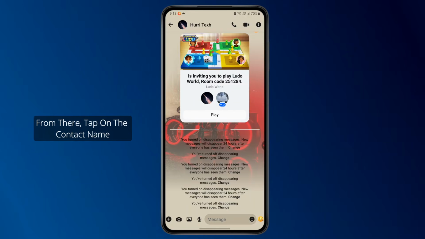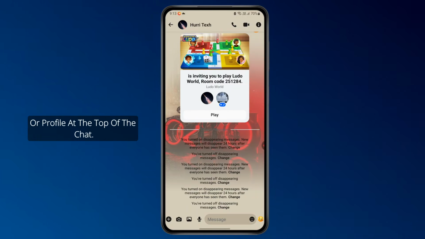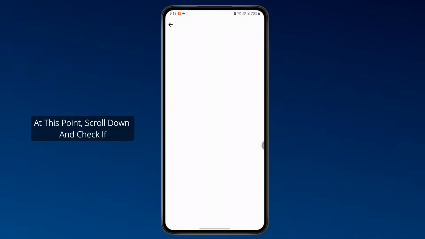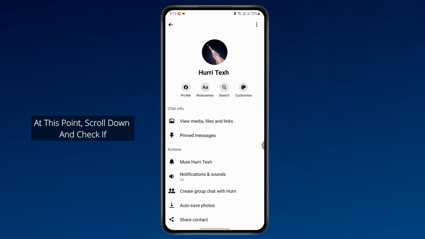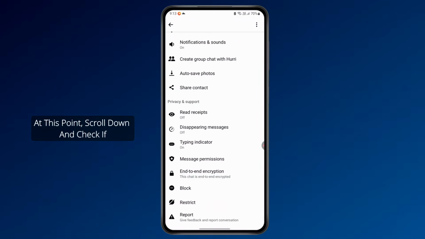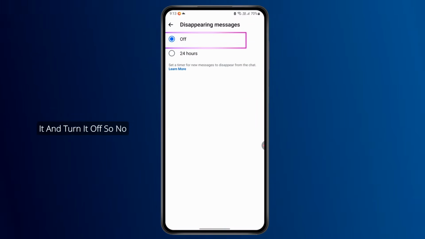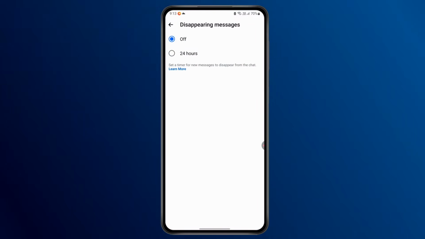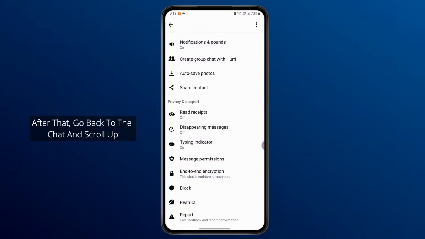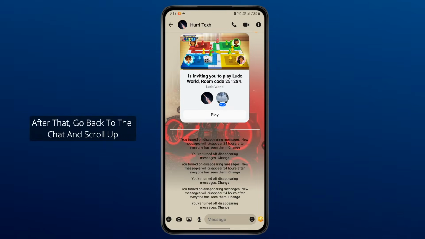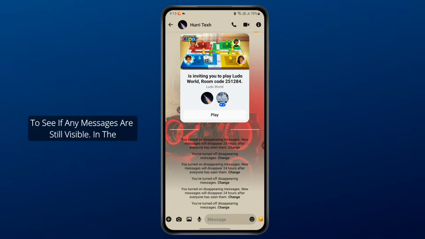From there, tap on the contact name or profile at the top of the chat. At this point, scroll down and check if disappearing messages or vanish mode is currently enabled. If so, tap on it and turn it off so no further messages disappear. After that, go back to the chat and scroll up through the conversation to see if any messages are still